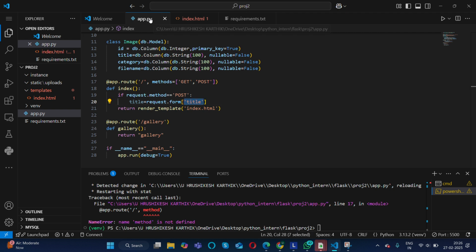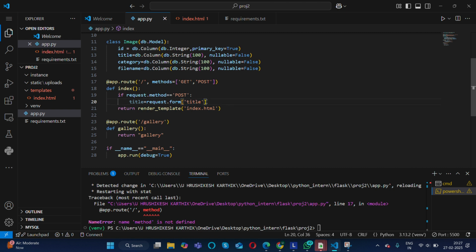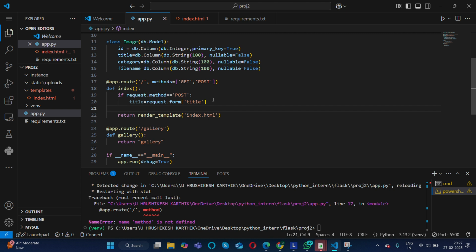In the previous class I made a mistake, right? I took ID and class, but I didn't specify name, so it showed me an error. So I should use a name, and if I give capital T here, I should also use capital T over here. But I used small t, right? I'm using the same thing over here.